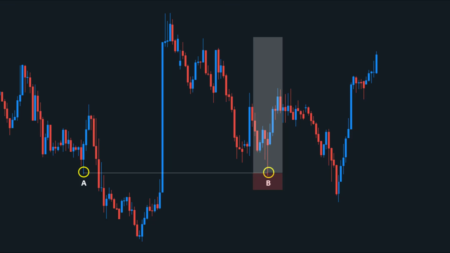But here's the truth. It's not bad luck, and your strategy isn't the problem. What's really happening is something called invalidation liquidity. This is one of the sneakiest traps in the market. It looks like confirmation, it feels like confirmation, but in reality, it's where smart money comes to grab liquidity before